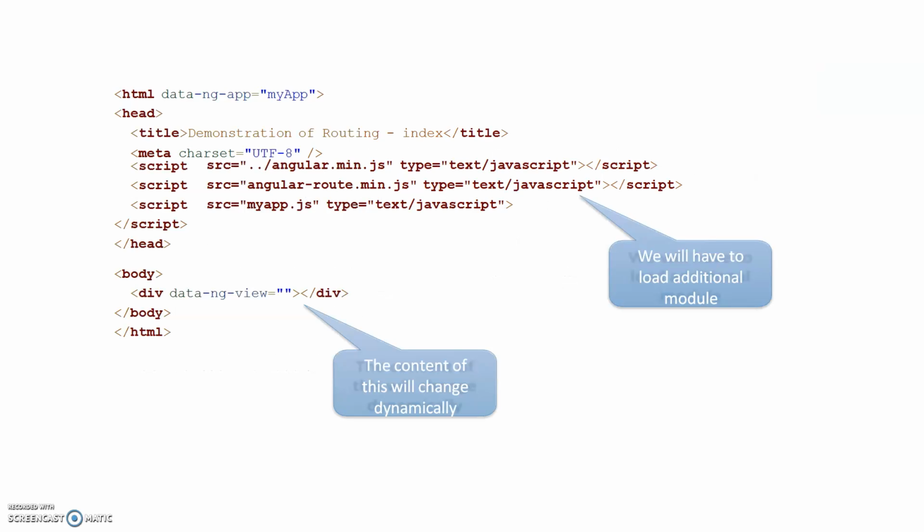Routing comes to the rescue for this type of use on a single page. So this is an example. Here one more script you have to add, that is angular-route.min.js. Already we are using this CDN. Along with that we will require angular-route.min.js, and see here data ng-view is there. This directive you have to use. Whatever we mention here, the control will route to that new HTML page or another view.